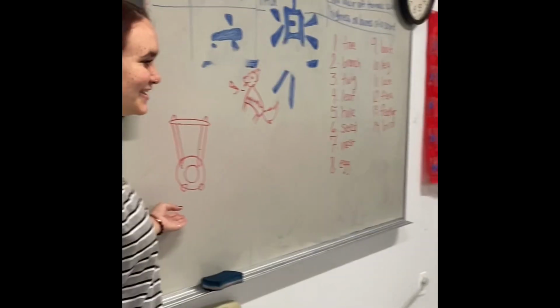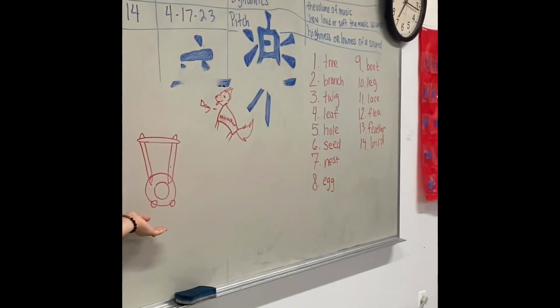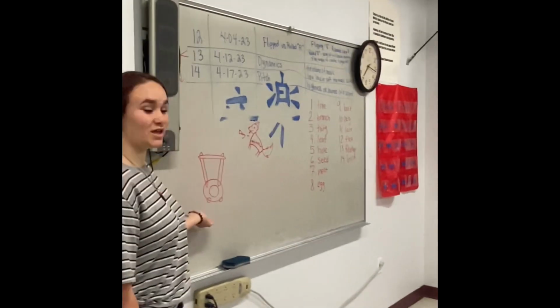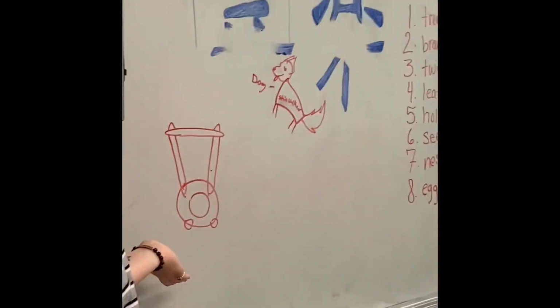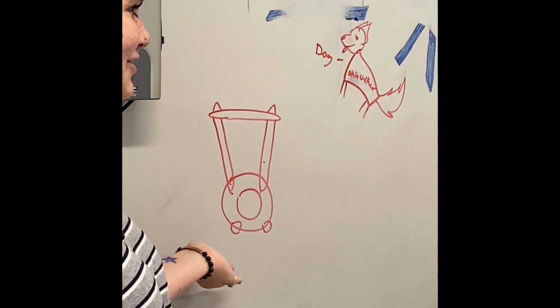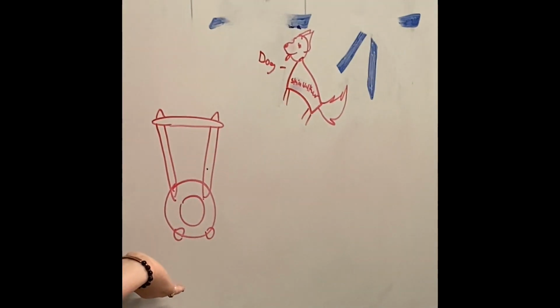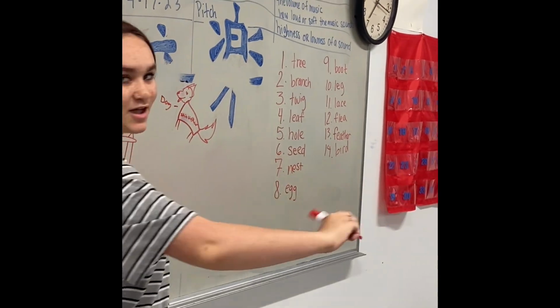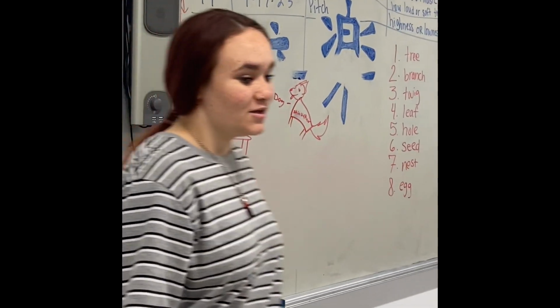Okay, so you have a binder with all of the countries and their instruments in there. And I've asked you to draw one of the instruments and see if you guys can guess what country it's from. That's actually a really good drawing. I'm impressed because I wouldn't have been able to do it. Look, already got it. It's your turn. Wait, which country is it from? Africa. And what's the name of the instrument?